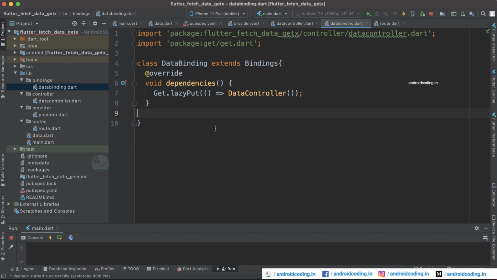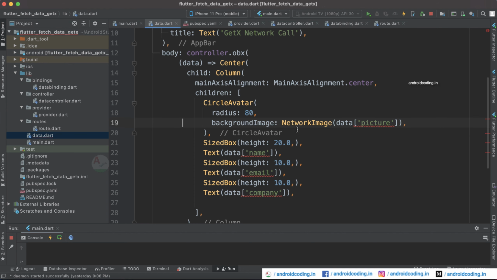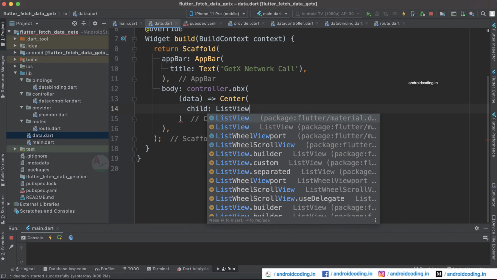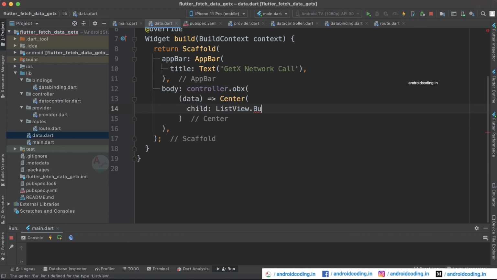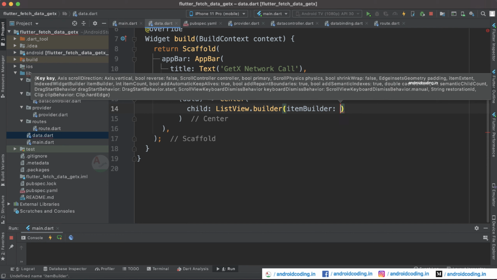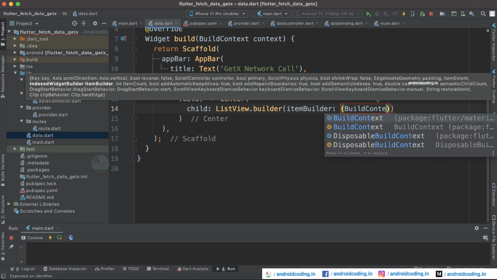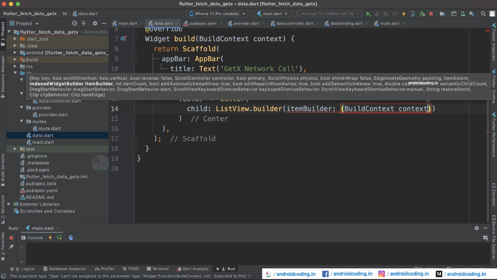Unless you have one more module, you can just add that data controller here and make it accessible. Now this code can't be used for our list, so I am going to remove it and make use of a list view builder. It has an item builder parameter, inside which you need to provide context and also our index position, which is of type int.